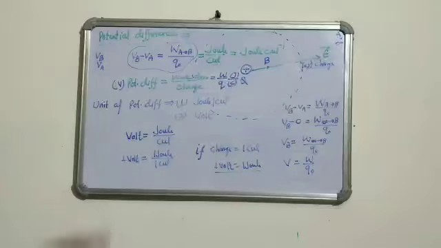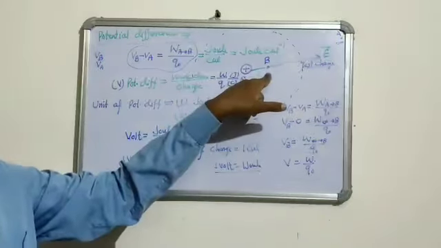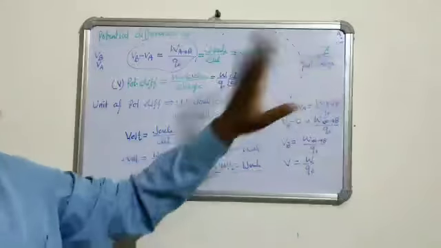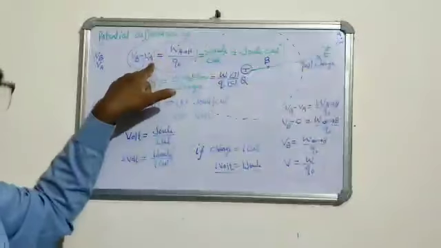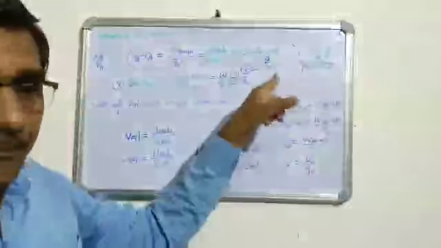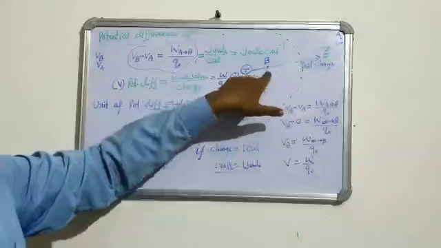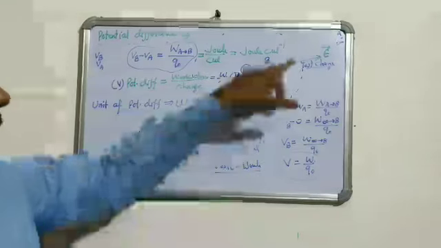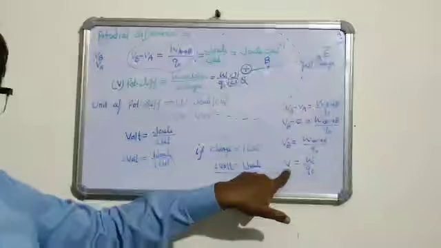Now, what is the definition of electric potential? It is the work done to bring a test charge from infinity to a particular point of the electric field in the opposite direction of the electric field. Listen carefully. For potential difference, we bring the test charge from one point to another point in an electric field. But for electric potential, we bring the test charge from infinity to a particular point of the electric field in the opposite direction of the electric field. There is only one point inside the electric field, that's why there is no difference maintained. So this is known as only potential.